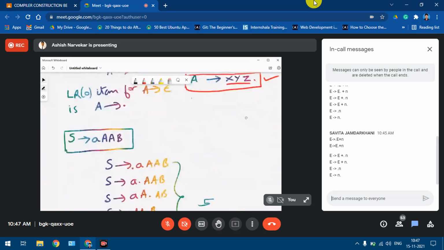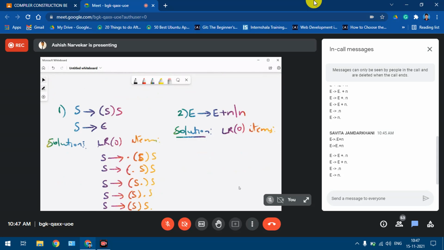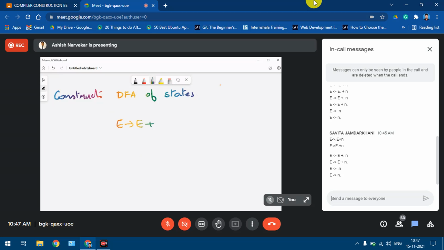Now what the parser does is it constructs a DFA of the states. To show you, just now when you all gave me that answer, like E gives E plus N something, if I put a dot over here, then there is E gives dot E plus N, which is also a production.